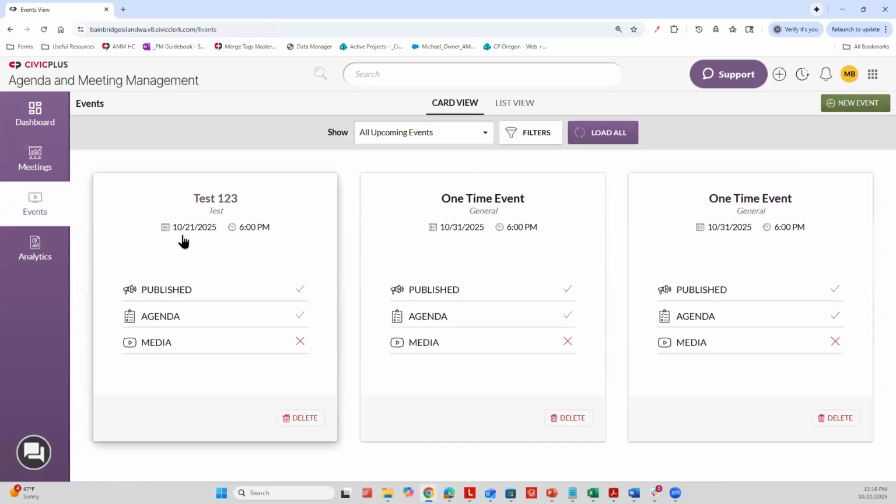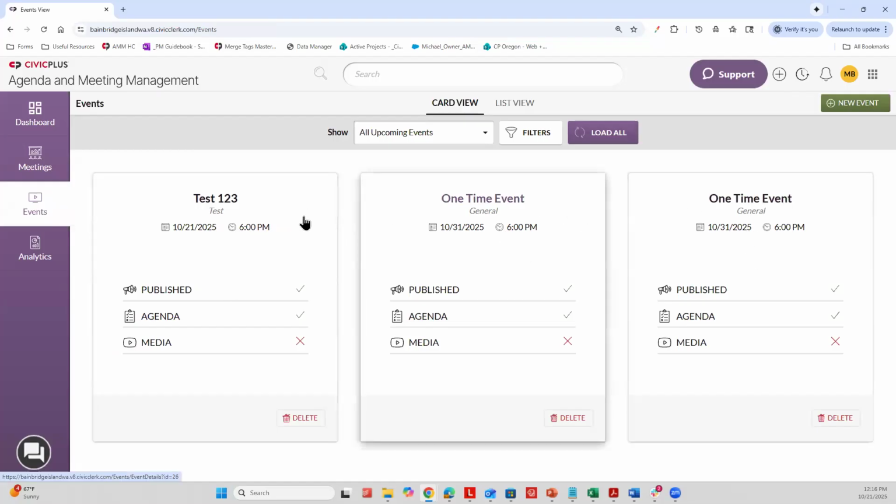So here we have each card, which represents a different event, okay? So we have this test123 event that's been created. This is the one I created simultaneously with that agenda I just created. It has that name I gave it, and then there's that category I chose for it, okay? Some of the information on here, right? Keep in mind, this is all public facing. This is the event card. So they see this name, they will see this category, and this date and time correspond